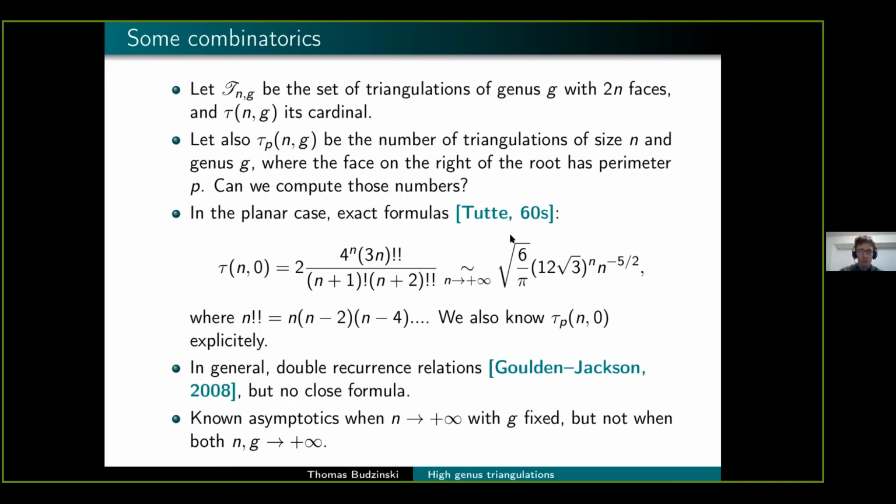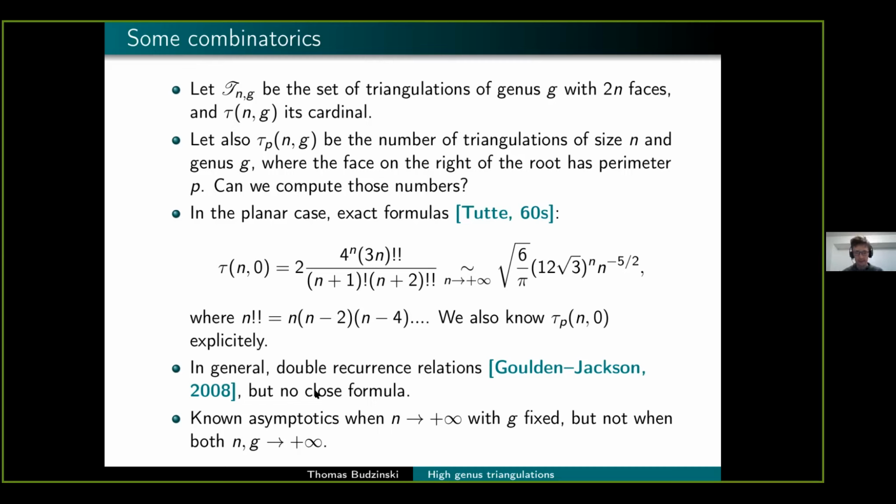So there is a relatively simple formula for the number of triangulations of the sphere with a fixed size, and then we can use the Stirling formula to get some precise asymptotics. And there are also explicit formulas if we add the boundaries. So we have all the combinatorics that we need in the planar case. On the other hand,